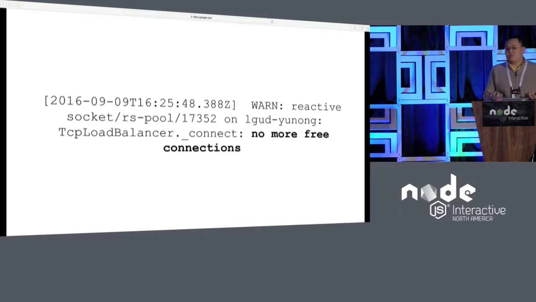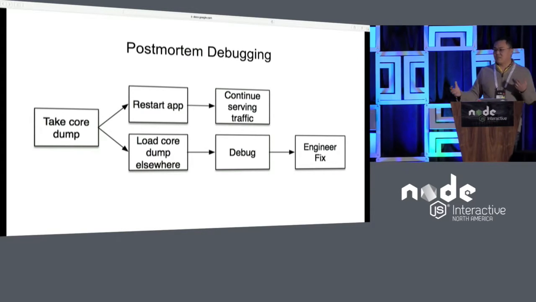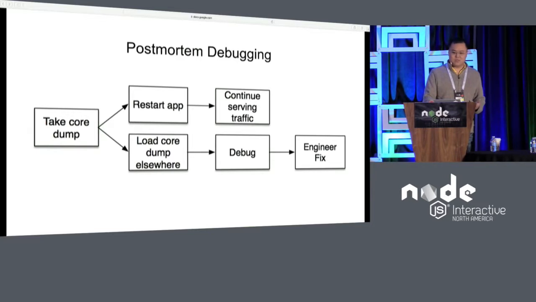But then how do we debug this problem, right? Because this only happened in production in some really, really rare cases. We were unable to reproduce this in test, and we in fact had no idea what the state was. Well, this is where post-mortem debugging comes in handy again, because we were able to take a core dump, restart the process, and then go look at the state of that process.